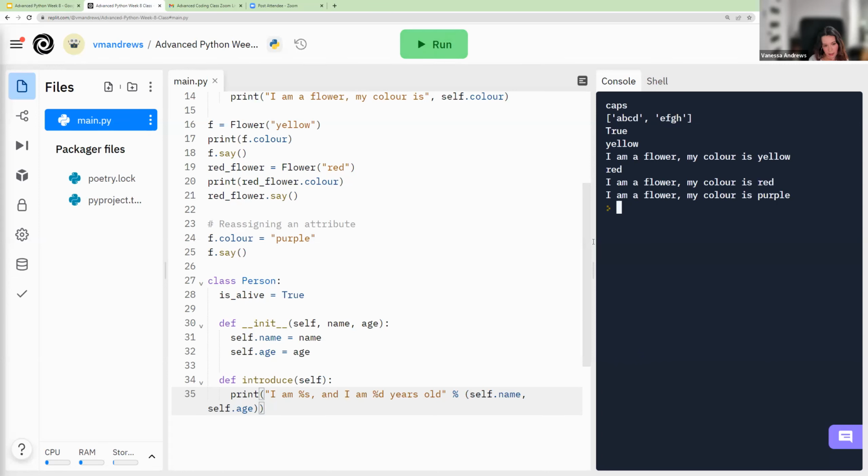And remember, this doesn't do anything because we don't have any people. So I'll make an instance of a person, me equals person. My name is Vanessa. My age is 26. So if I do me dot introduce,